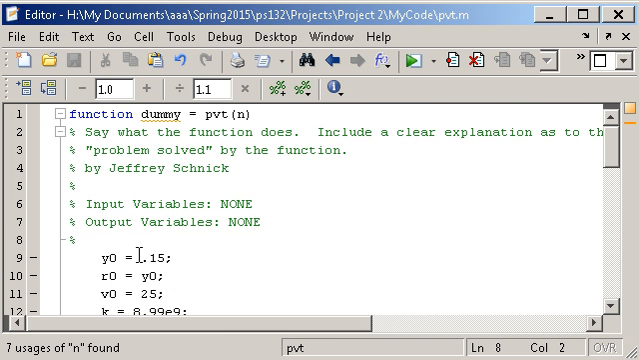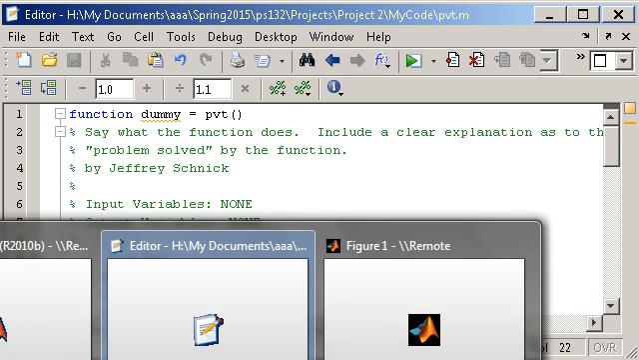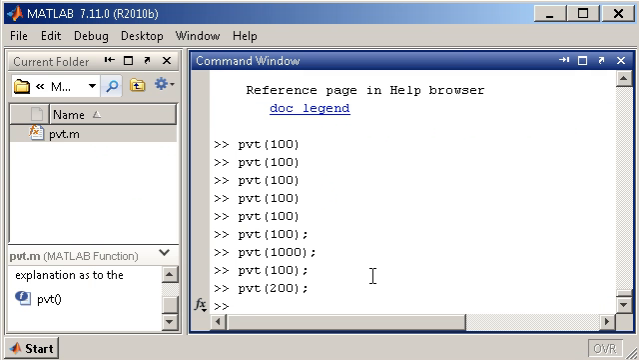I'll put n equals 100. And then n is no longer an argument. Remember, this function is supposed to take no arguments. Input variables none. Control S, and